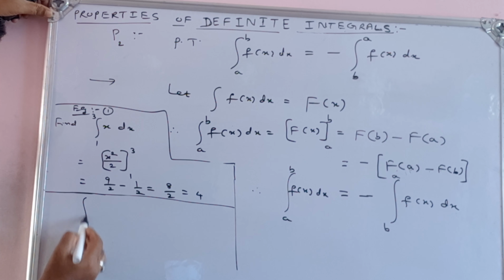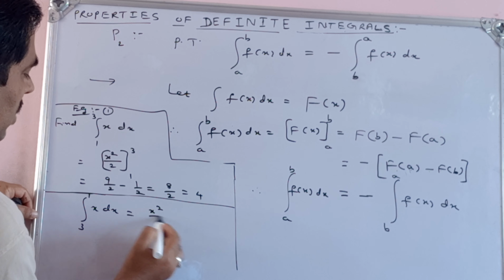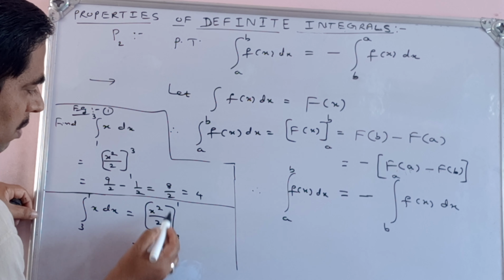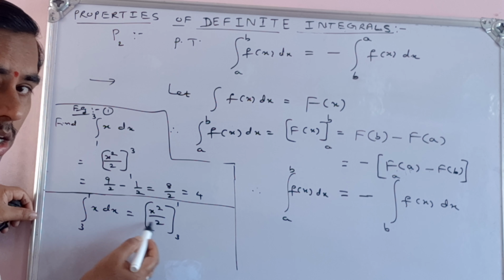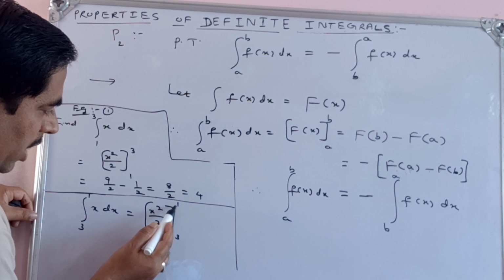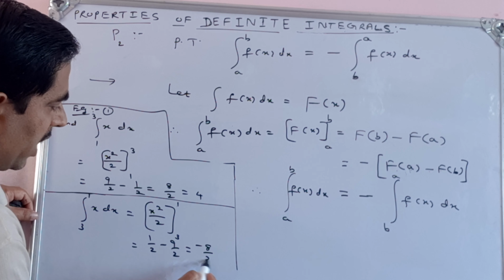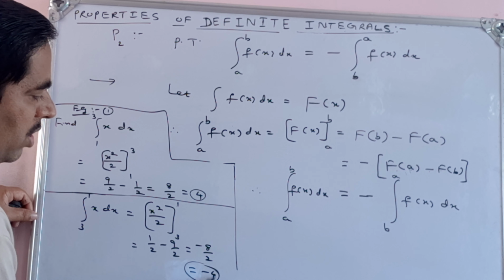Then let me find out, if I interchange these limits of integration, then the integration of x is x square by 2 from 3 to 1. Let me give the upper limit here. The value of the antiderivative at the upper limit, x is equal to 1, so that will be 1 by 2 minus, you put x is equal to 3, that will be 9 by 2. So 1 minus 9, that is minus 8 by 2, that will be minus 4. This was plus 4, and this is the value of this.